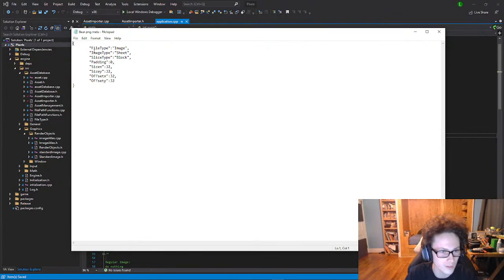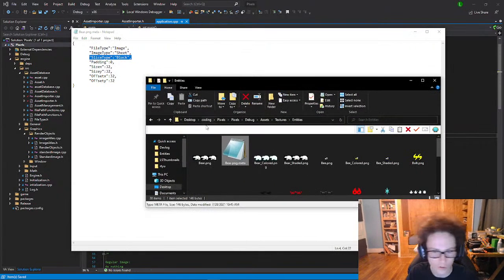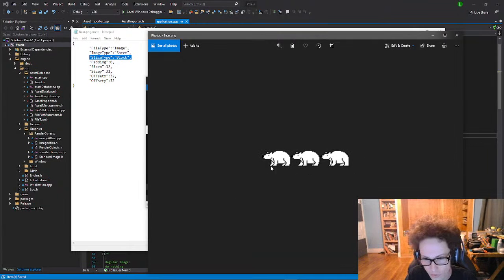So the file type is indeed an image, so that's correct. The image type is sheet, so that's also correct. And the slice type is block, and what that basically means is that we're just going to create a grid of rectangles that encapsulate the image. So you can see here that there's a grid of rectangles that you can make that fits all of these